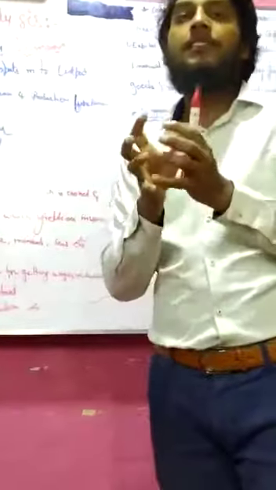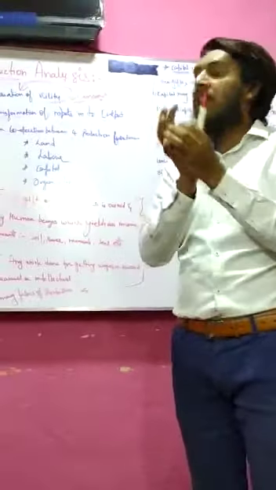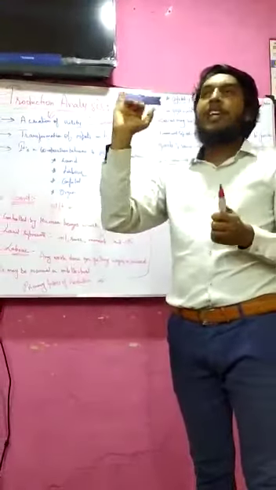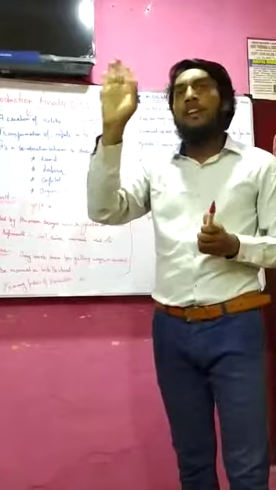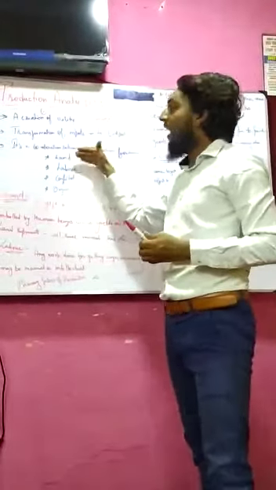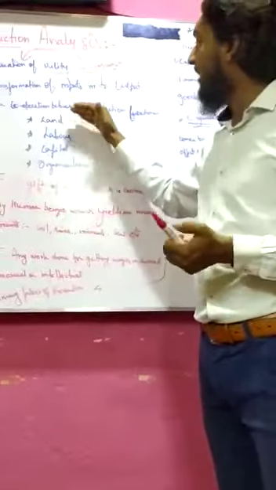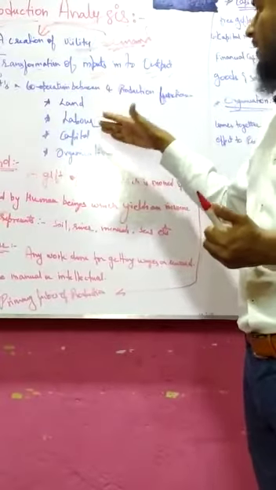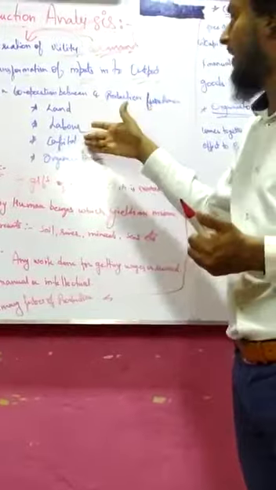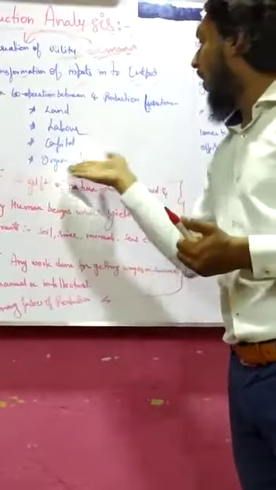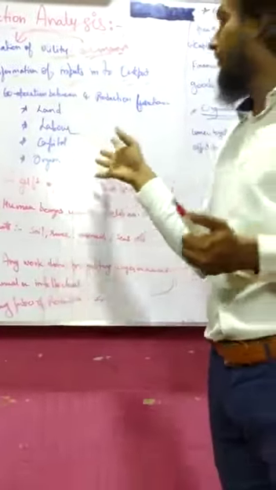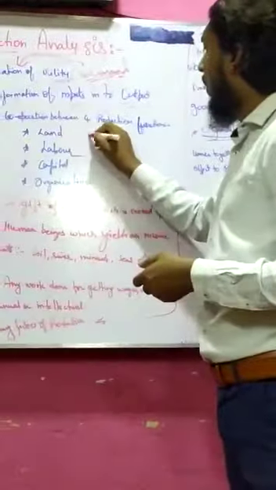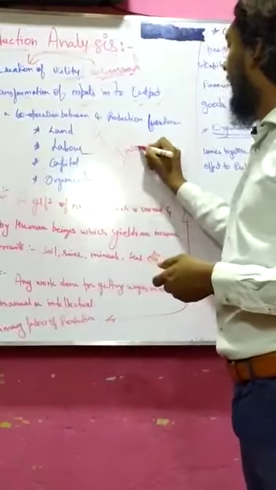And it's a cooperation between four factors of production. In production analysis, it is a cooperation between four factors. What are they? Land, labor, capital and organization. Land gives you rent. Labor gets wages, and here salary is there. Capital gets interest. Organization means the profit is there. So all these aspects have a relation with income.